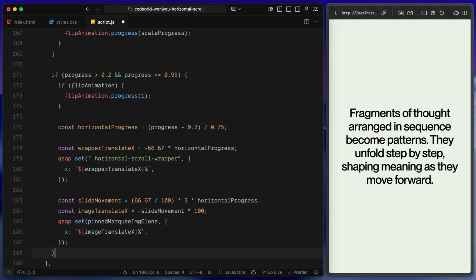This kicks in after 20% and runs all the way up to 95%, which gives us a scroll range of 75%. So again, we calculate progress within this section by subtracting 0.2 and then dividing the result by 0.75. Here's the math breakdown. We subtract 0.2 because we want this section to start after the flip animation ends. We divide by 0.75 because 95% minus 20% gives us a 75% span to work with. This gives us a clean value between 0 and 1 for just this zone,